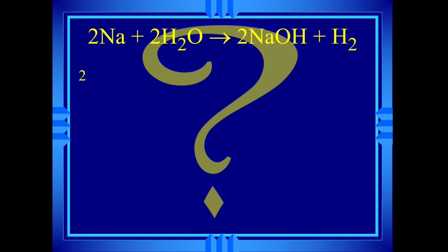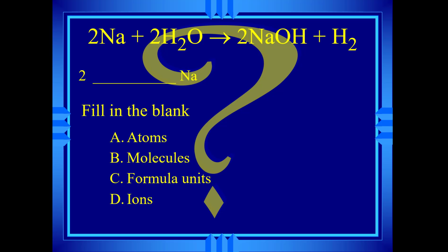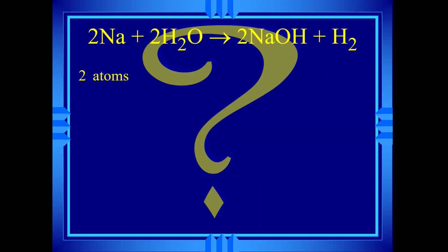So I'll start off with a 2, because there's a 2 in front of an Na. What kind of particle is Na? Is it an atom, a molecule, a formula unit, or an ion? Well, one capital letter by itself. If you were to draw a picture, you'd draw just one circle. That's an atom of Na. And 2,